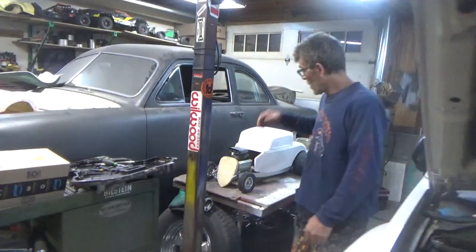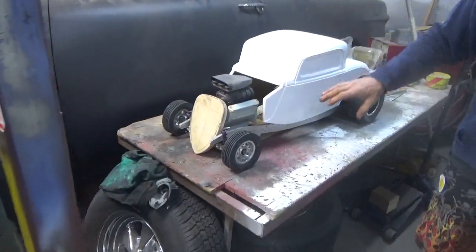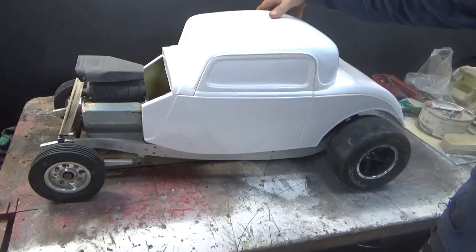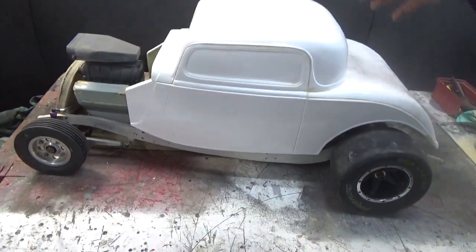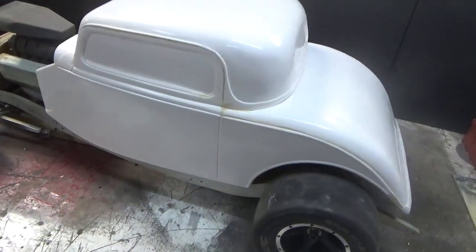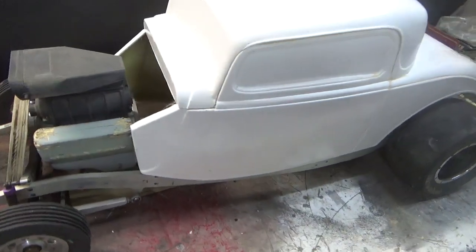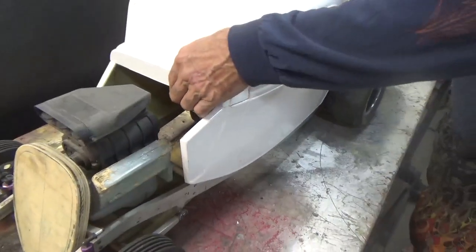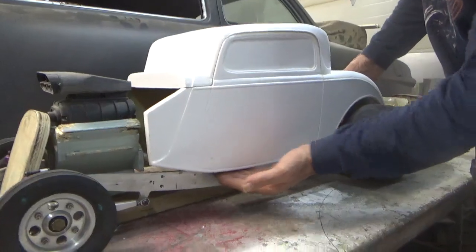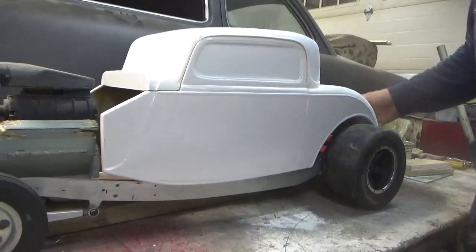So, over here, I finally got the 4 pieces of the coupe body. I think in our last video I was just laying most of them up. I've got it somewhat together. It's sitting on top of the frame. It does look pretty cool though. So basically I'll lift it off. It's going to sit lower. Hopefully the bottom edge of the body will sit down at the bottom edge of the frame. That's kind of my